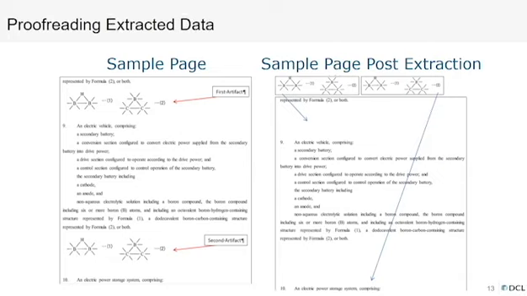So on your left, you have the legacy file with two artifacts that, if you OCR, will basically give you non-usable text. This is the first artifact, and this is the second one. It doesn't have to be an equation. It could be an image or whatever. But if you pull it out, as you see in the example to the right, you're really left with pure narrative text that, if you OCR, will give you a very high accuracy of the data.